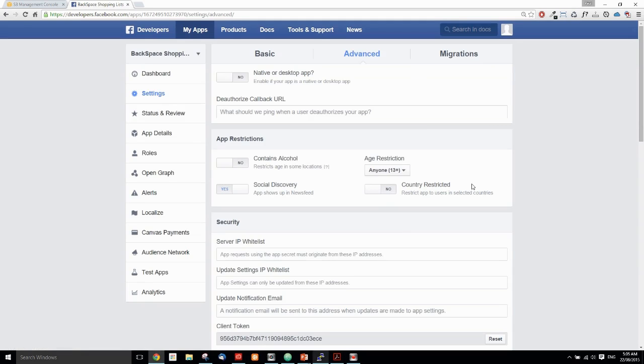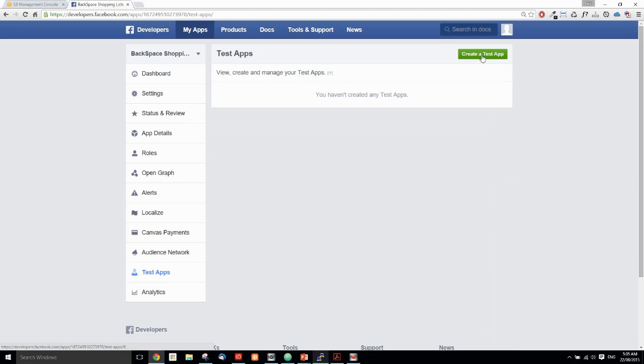Now, rather than using our production application for doing all our testing, we're going to create a test app that we will use, and later on, when we're ready to go, we'll use the production app. So we've got to create a test app, which will give us a different app ID. So create a test app,